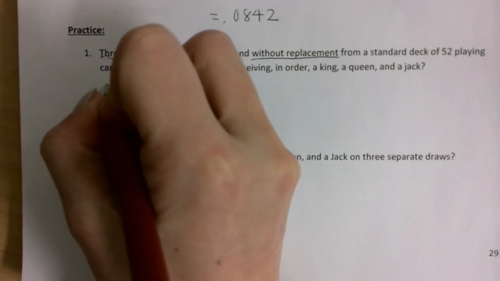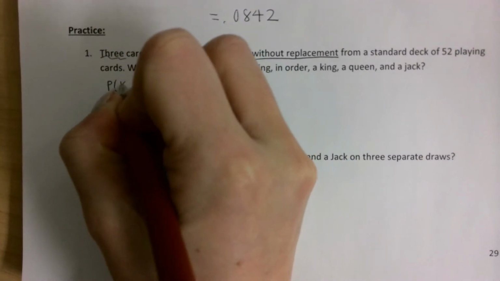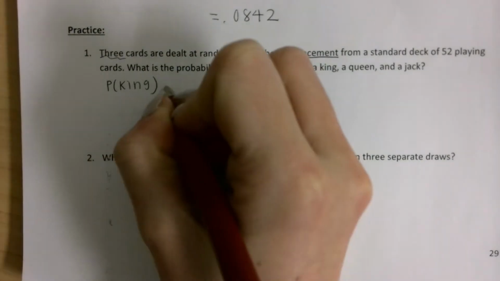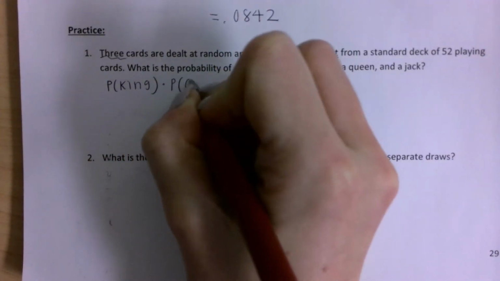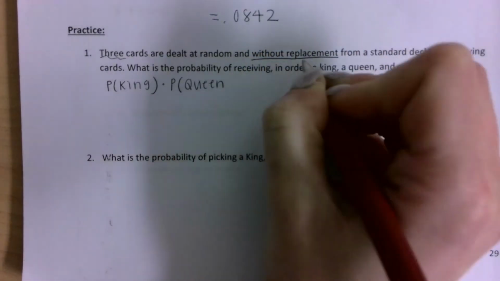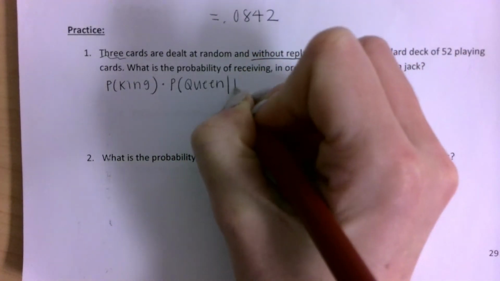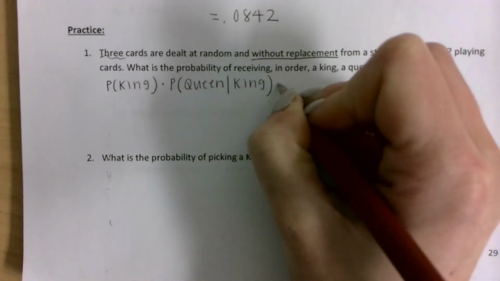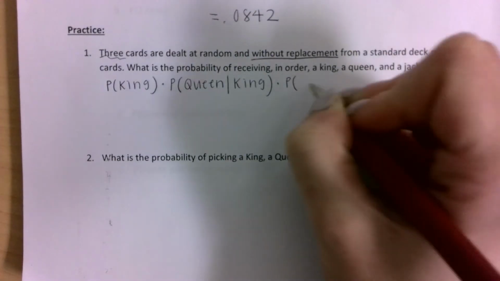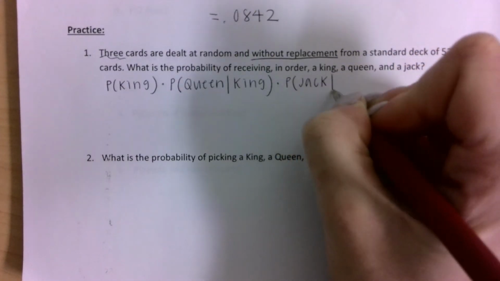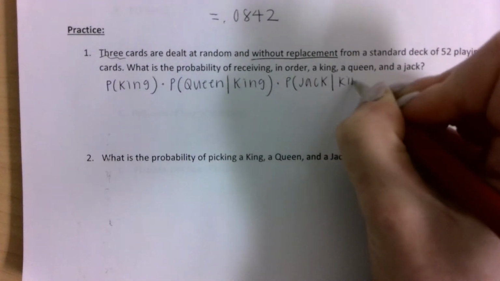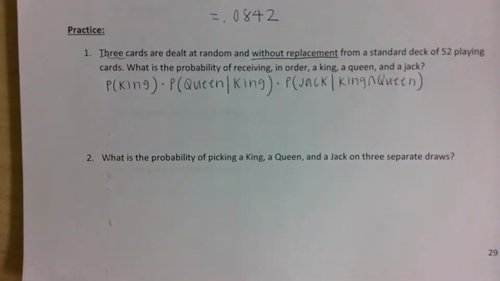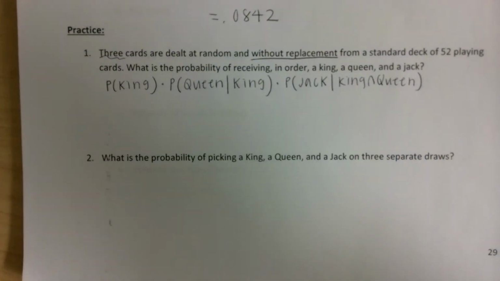So notation-wise, the first thing that I want to do is pick a king. After I pick the king, I'm then looking for the chances that I pick a queen, but since I'm not replacing, the given here is that I already have the king in my hand. I'm then going to multiply that by the probability that I get a jack, given that I have both a king and a queen in my hand. Now, notation-wise, I think this looks a little bit tricky, but it's not too bad once we get started with